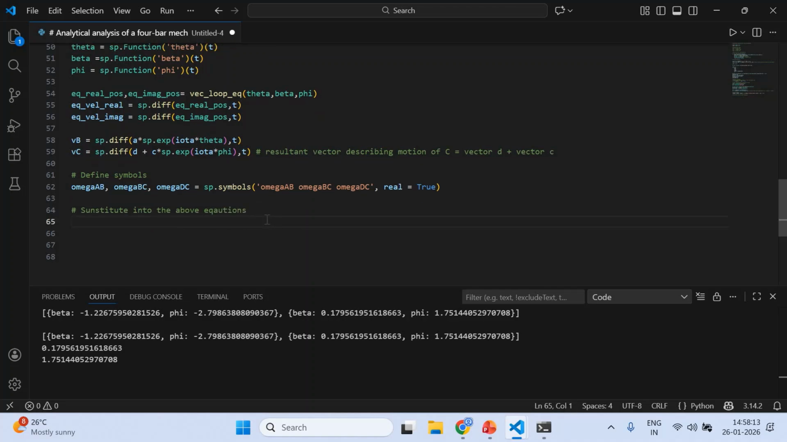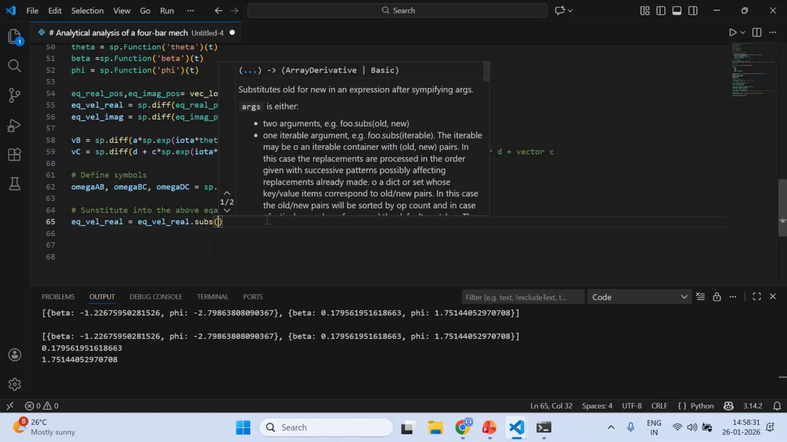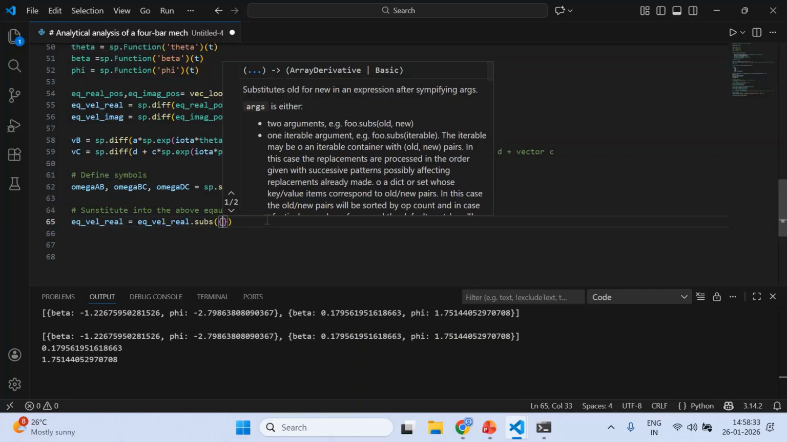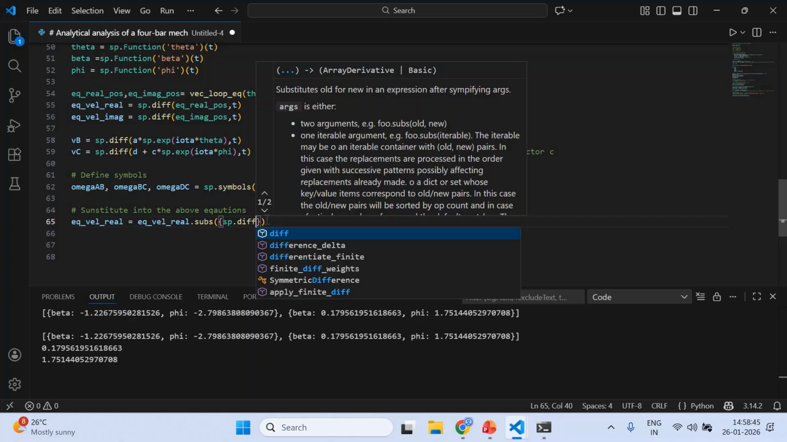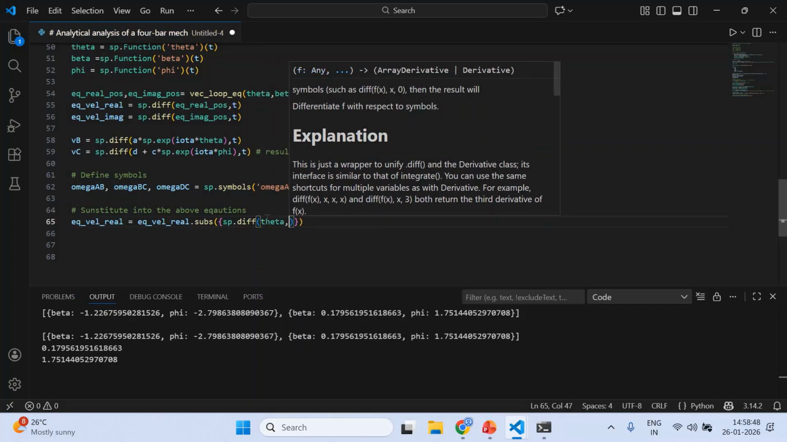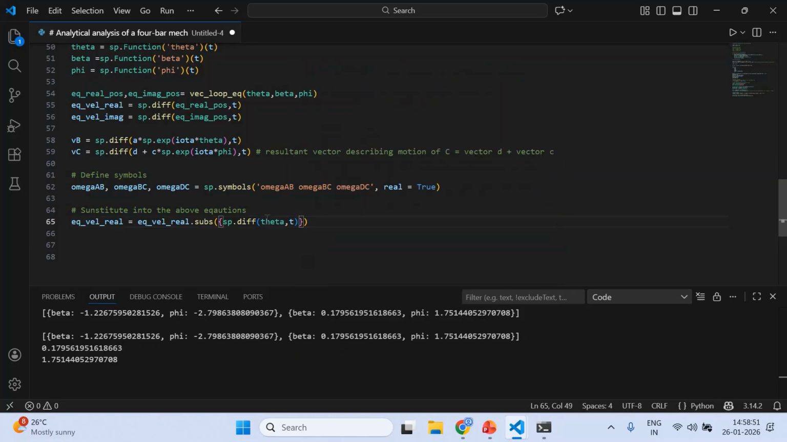So let me write down these equations again. So equation underscore well underscore real dot subs. Substitution part will come here. Now after that, the curly brackets, you substitute this into a dictionary format. So sp dot, very important. What we are doing is simply replacing d theta by dt with omega AB. So sp dot diff, then in the bracket you have theta comma t. This term is replaced by omega AB,